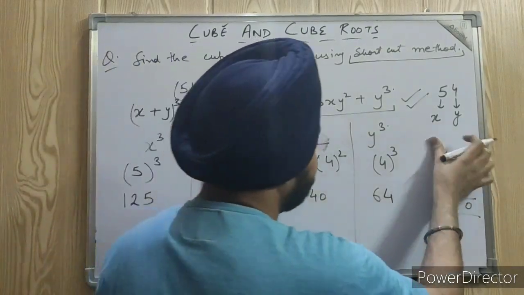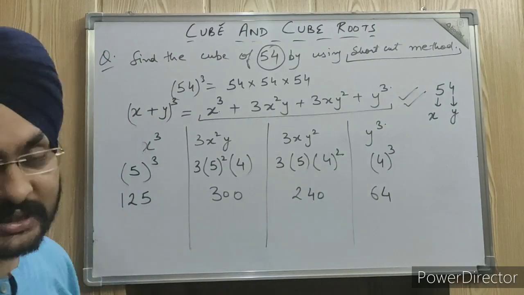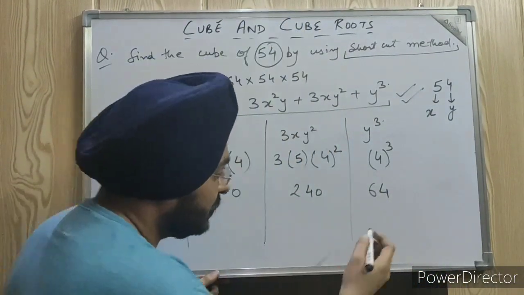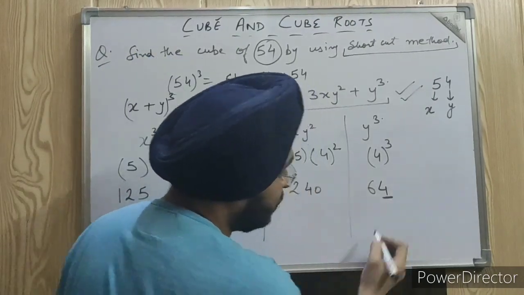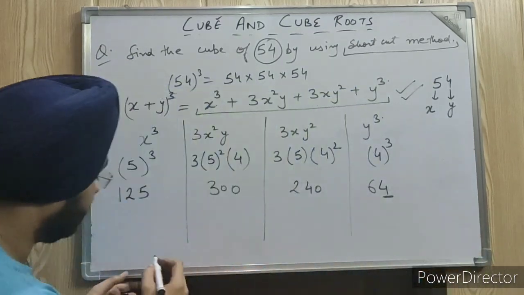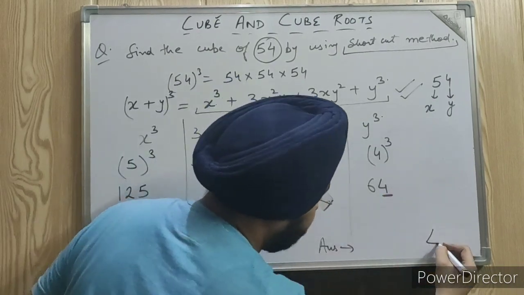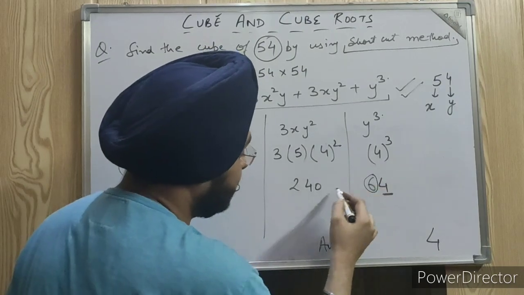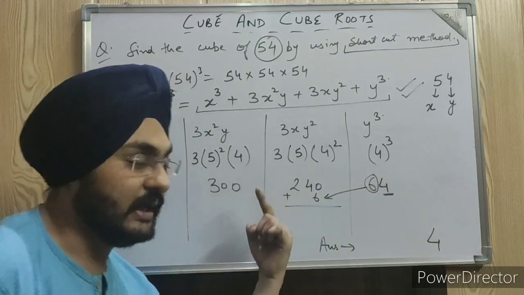Now afterwards, how to use these numbers? Just take the unit digits now. The unit digit of 64 is 4. Leave the digit, just write it here, and here we will have our answer. Just write the 4 here. Now we are left with 6. Take this 6 and get it added to the previous number.